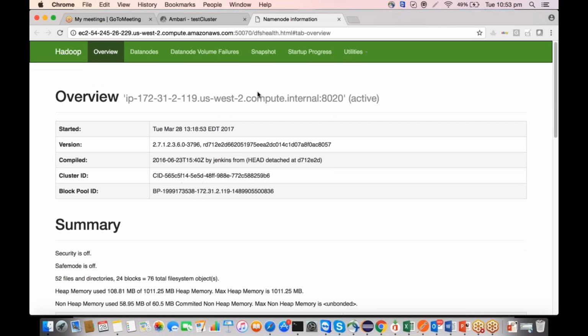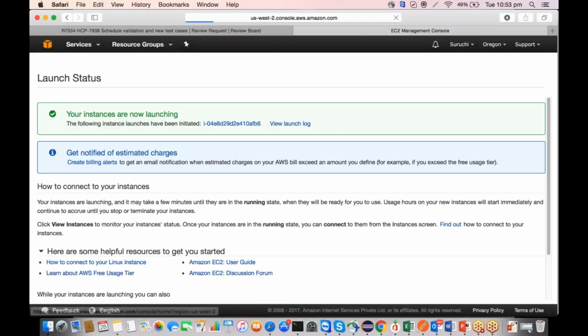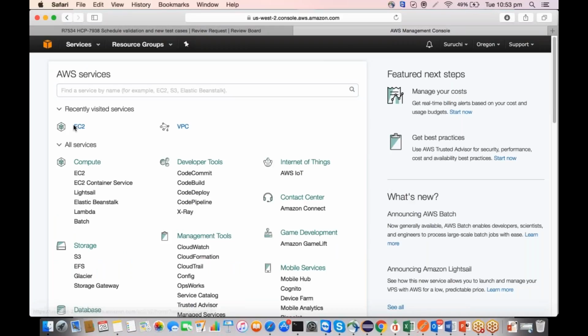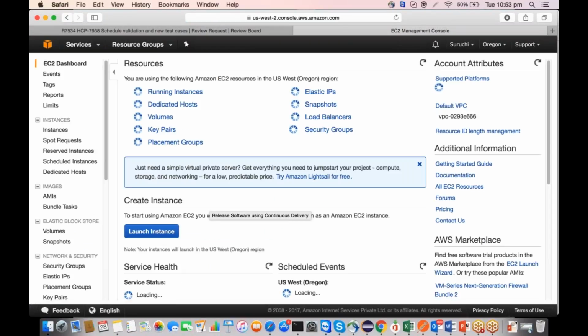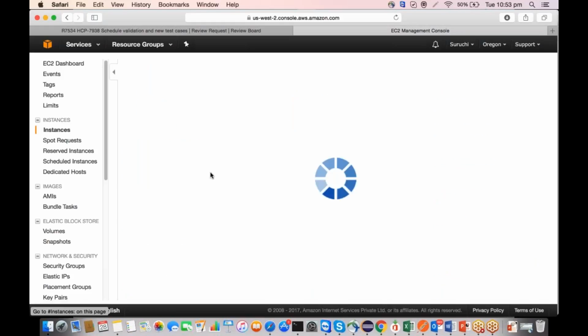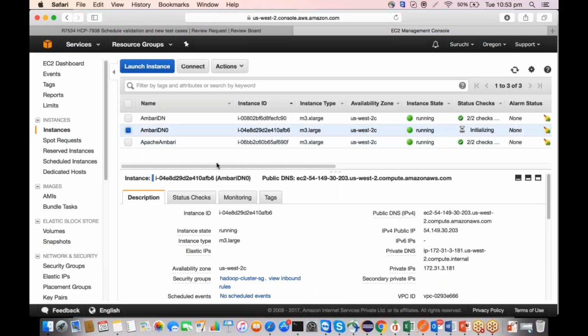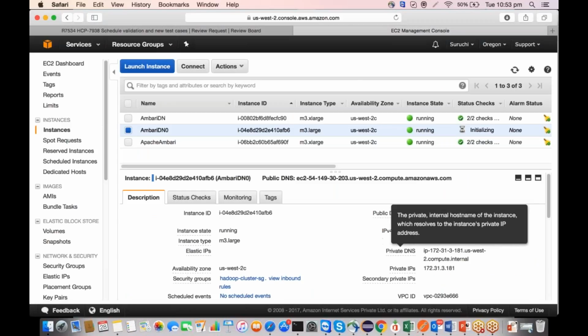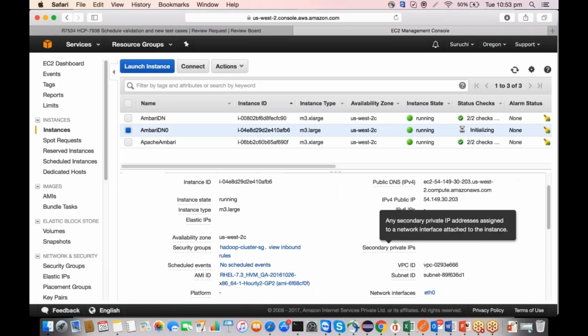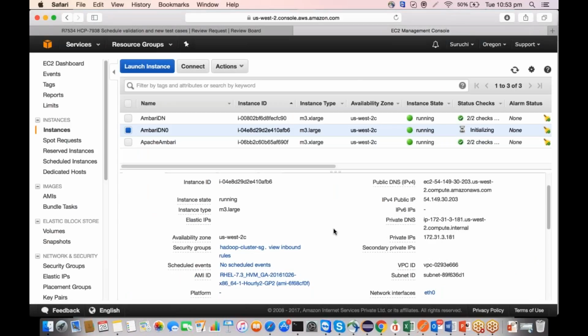Okay, so now I think my machine should be up by this time. The new machine. So this is the new machine which I have, DN0, and I don't have to do anything. Let me just copy my private DNS. The reason is the private DNS will never change, only the public DNS will. Every time you reboot a machine, your public DNS will change. So we'll use private DNS,